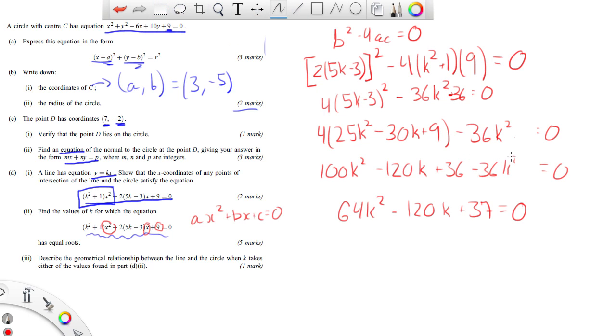I was wondering where that constant was going to go. So here, plus 36 minus 36, they go away. So this is actually just these two equals 0. And we can factor this so that it is